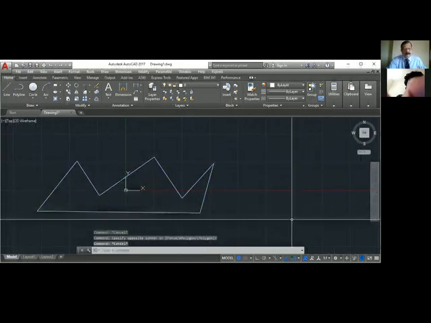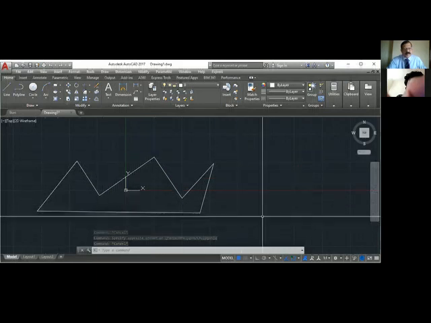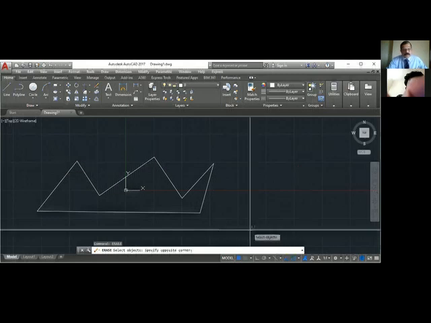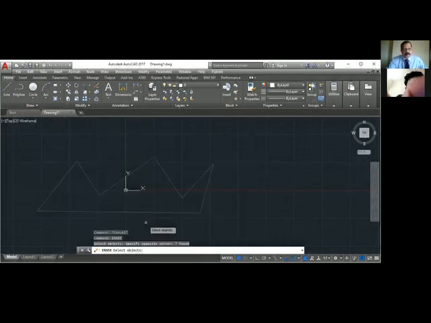For example, I want to erase these objects. So what I will do is I will use the erase command, E-R-A-S-E, to erase an object. Press enter, then it will ask me to select objects. So I can select one by one. I can select a window from here. I can select a cross window. Suppose I select a cross window. Now if I press enter, all these objects will go. But I don't want to erase this line.